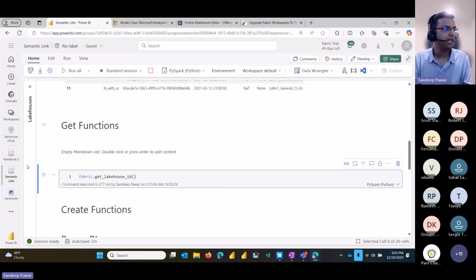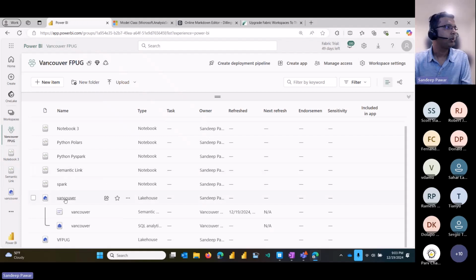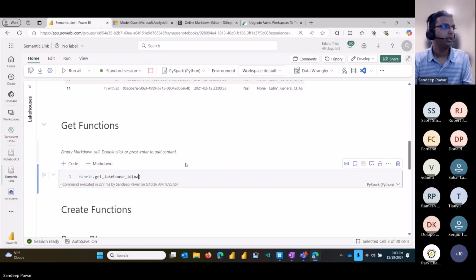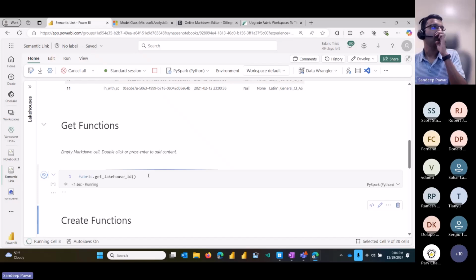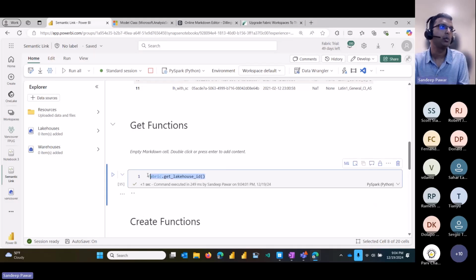So what I mean by that is, let me go here and say my lakehouse name is Vancouver, right? So let's go to lakehouse name. Oh, this is the lakehouse name. So get lakehouse ID. This will return nothing because I don't have anything. But if you want to get the lakehouse ID of the default lakehouse that is added, then it will return that. Where this thing is super helpful is if you want to dynamically create your ABFS path to get